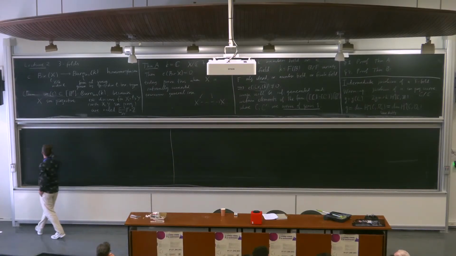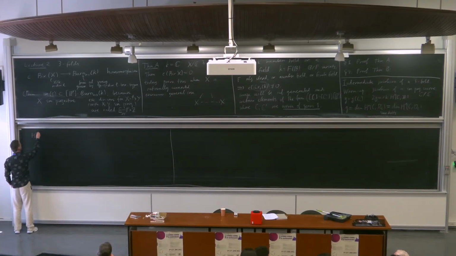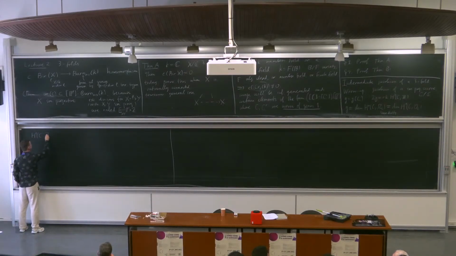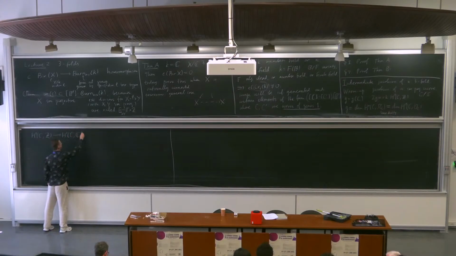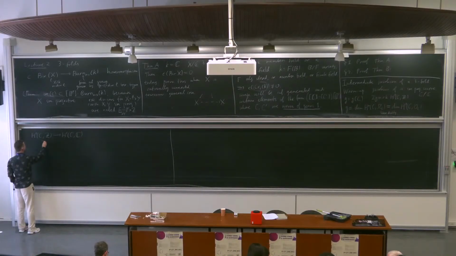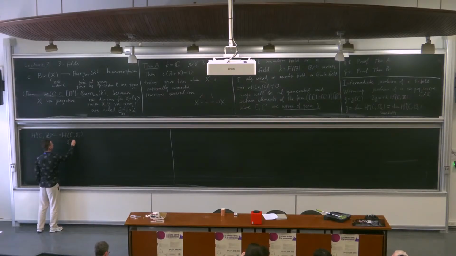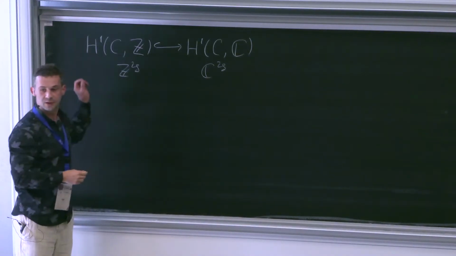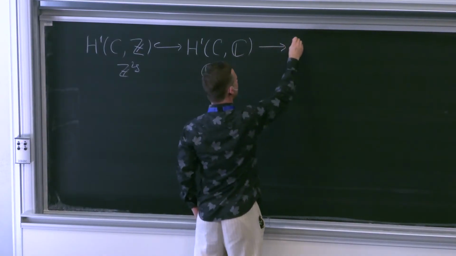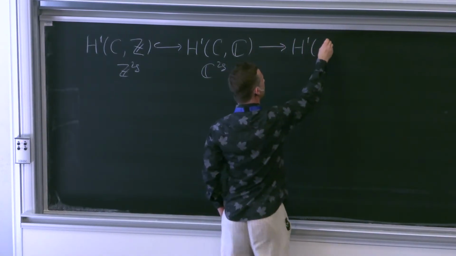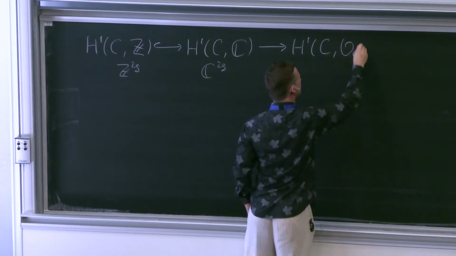So specifically, what we do is the following. We connect these two spaces together. First, we can do this. Then I can map into the complex cohomology. So far, this was Z to the 2G, and this is embedded into C to the 2G. Not much has happened here; I just extended coefficients. But then we can project to H1 C with coefficients in O.